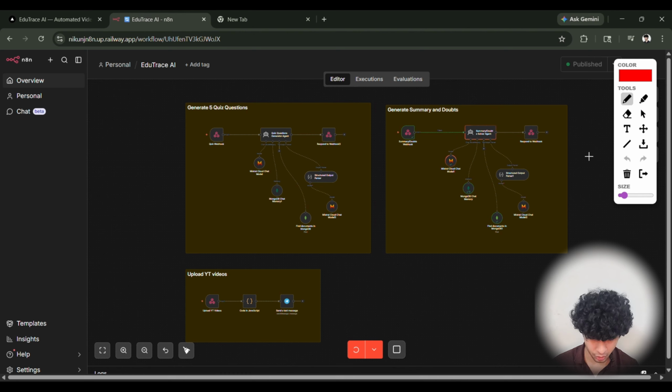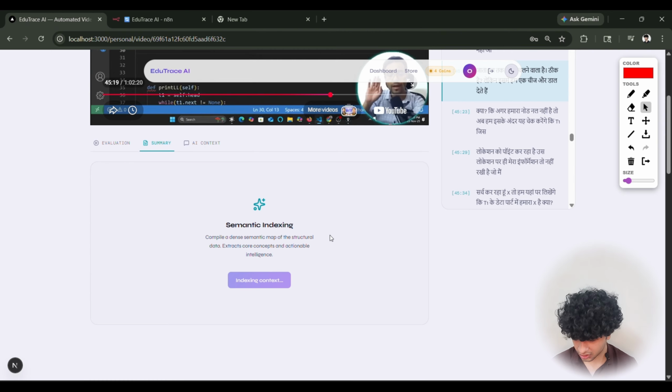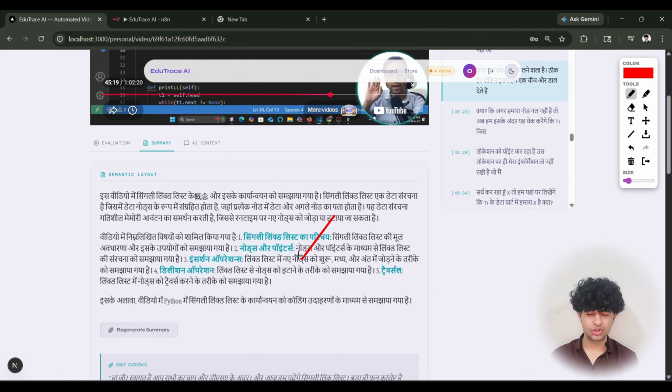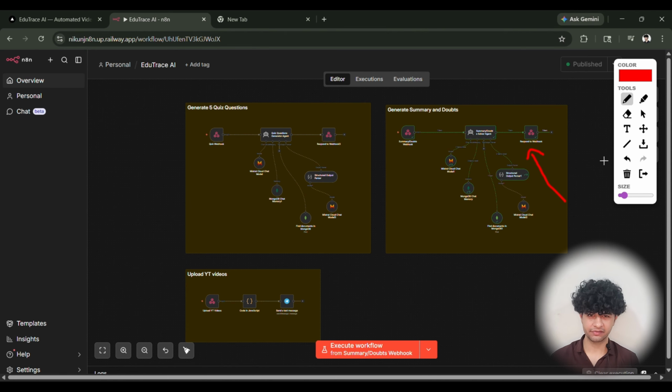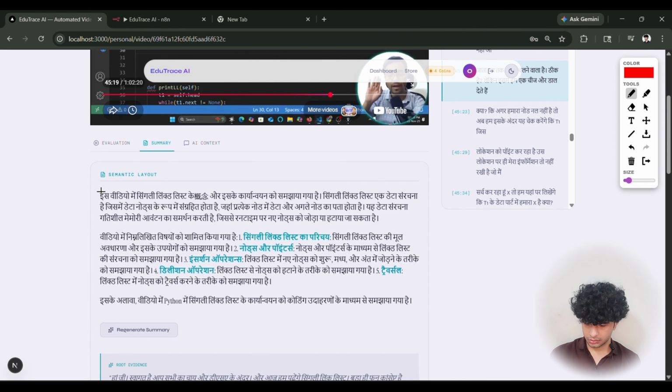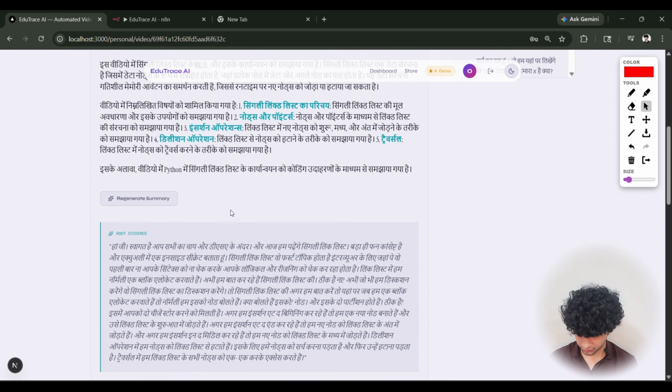And using a respond to webhook node on the N8N, we will get the summary on the front end. And as you can see, we got the summary on the front end. We chose the Hindi language by choice here, so we can show you it actually works in Hindi, not only in English. This is the whole summary, and as you can see, we have the high confidence score